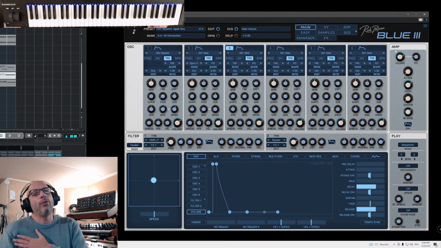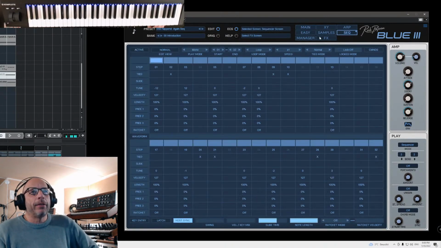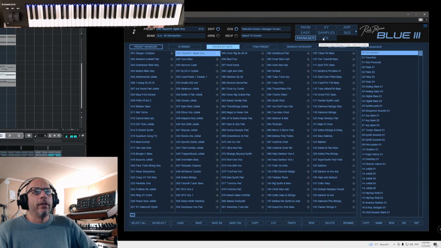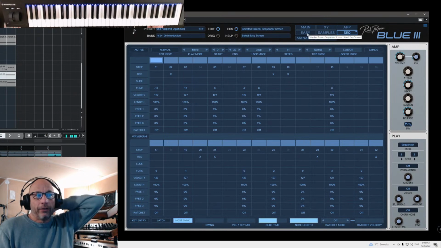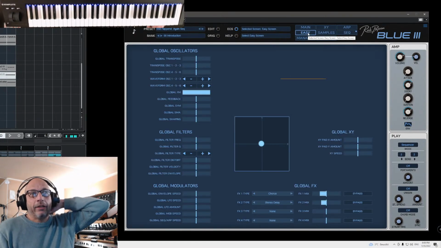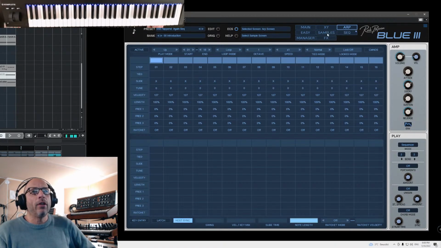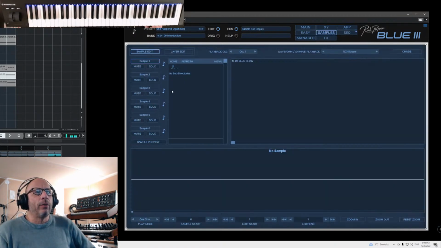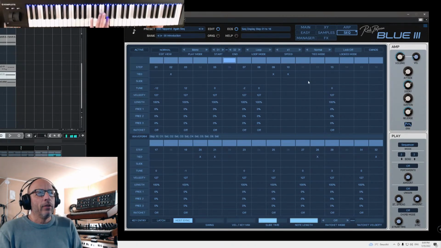That's also the reason why the amp envelope in Blue 3 is always visible, except for some pages like the Bank Manager, of course. But in the FX page and the sequencer page, it's visible. It's not visible in the easy page, XY page, or R page, only not in the sample page, where you work with samples. But in all the other pages, even if you are working in the sequence to do things, you still can